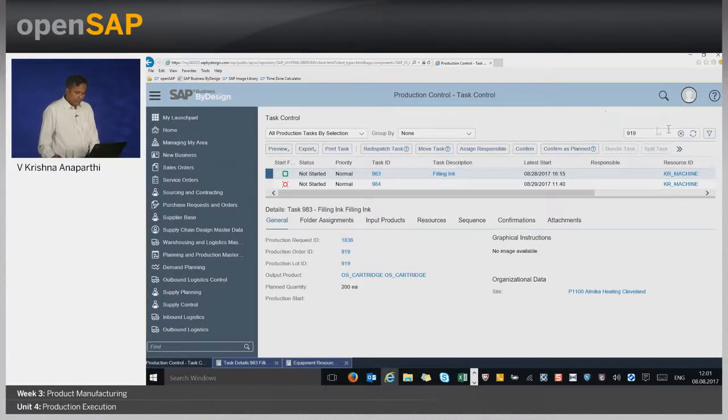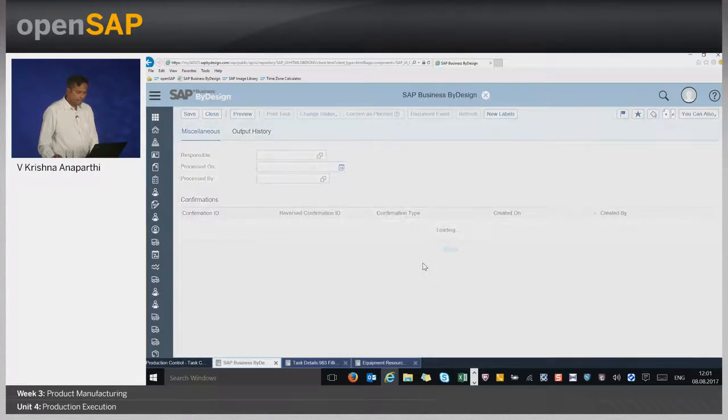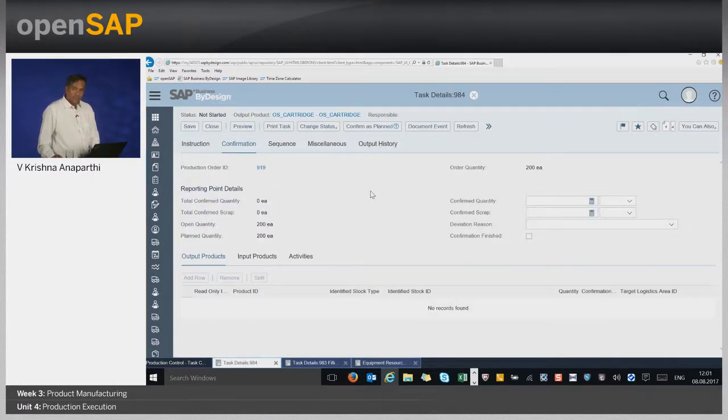So now when I refresh the task list, the system will tell me that the first task operation got completed, so you can start executing the second task. It gives me a green icon. So let me try to execute this. Okay. And this is the operation which is going to finally build me my inventory.